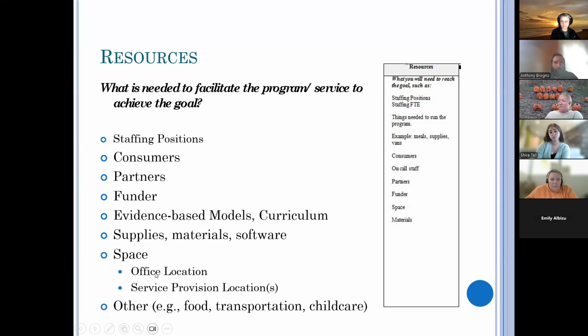Oh, sorry. Space, your office location or the service provision location, and then other things. Transportation is another one. If you're paid to provide the transportation, you put it on here. It doesn't really include general transportation. It's transportation of clients.